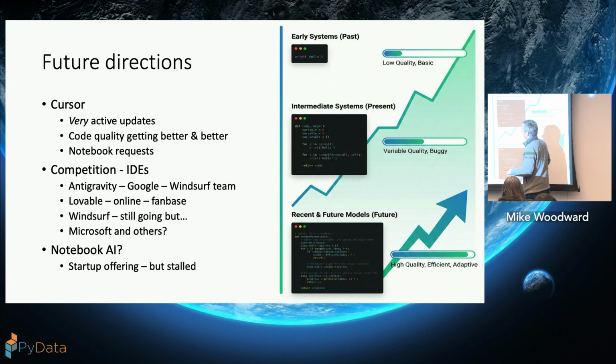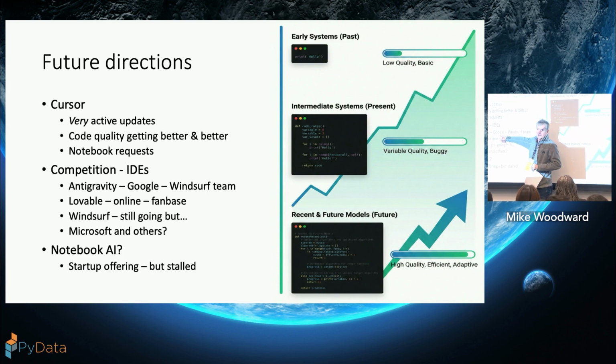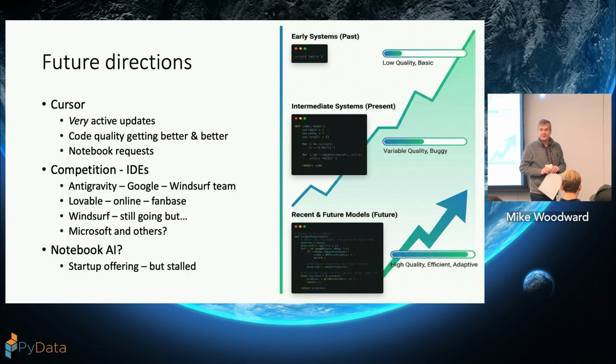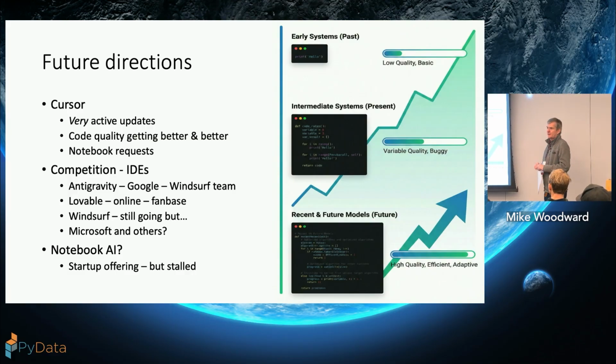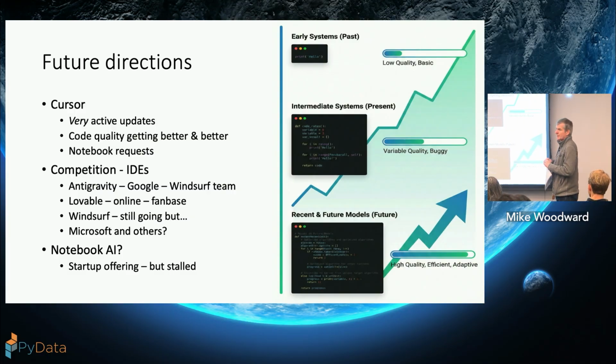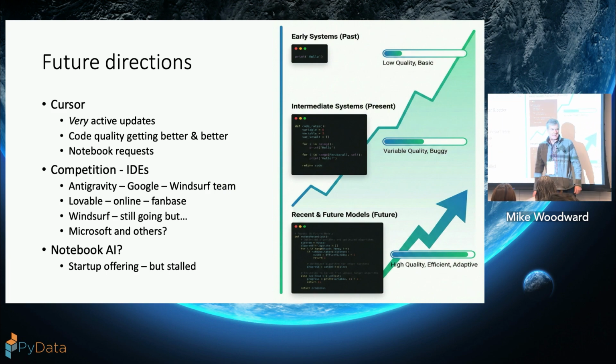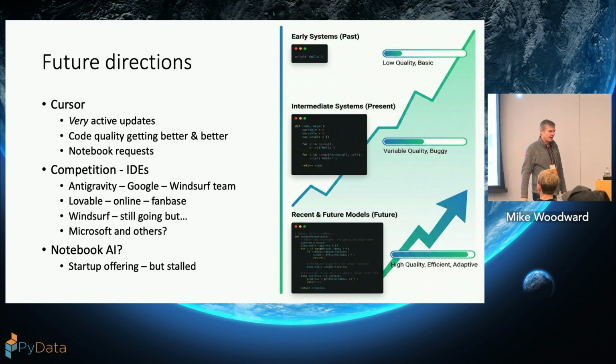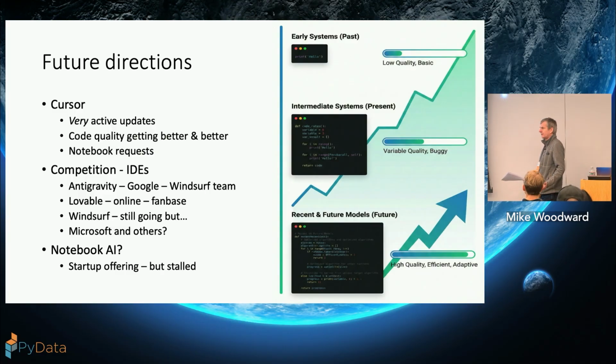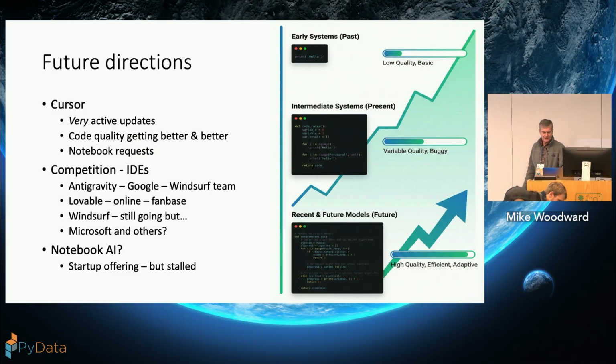But it's fine. The competition: IDEs, Google's Anti-Gravity, that's out. I showed you a slide. That's supposed to be quite good. Haven't tried it. Lovable, an online editor, that's a thing out of Sweden that seems to have a ton of fans. People seem to love it. Windsurf, which was the original competitor, it's still going. Microsoft haven't entered the market, and neither has OpenAI come up with a proper IDE either, though there's rumors that it's coming. There is a startup offering a notebook AI. I've been told about these guys a number of times. In the last 6 months, it hasn't really seemed to have gone anywhere, right? So maybe they're struggling with funding, I don't know.